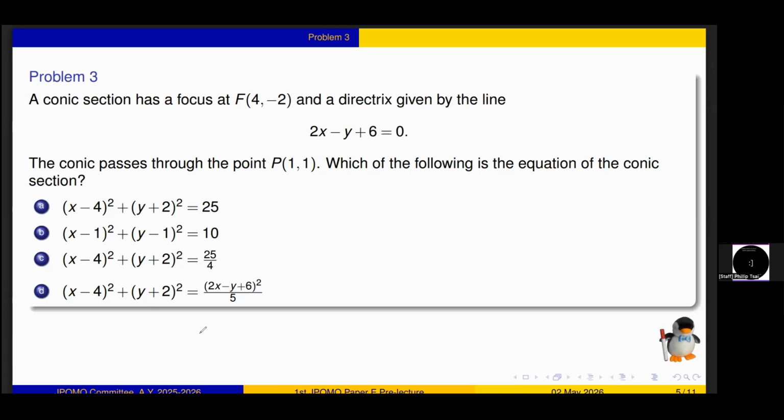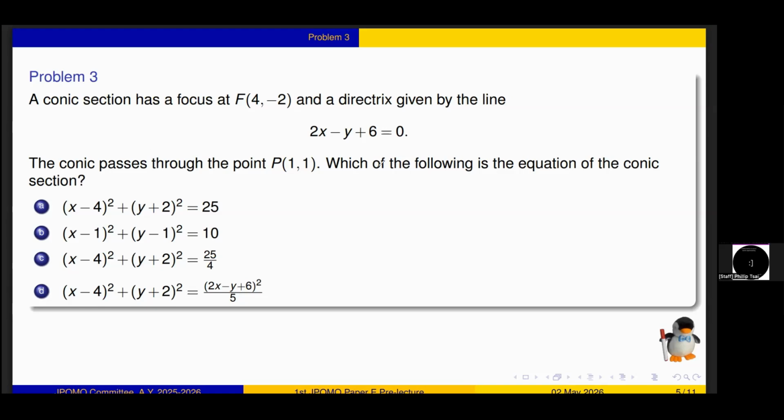Also, side note here, this problem is actually wrong because if the conic passes through the point 1 comma 1, then this equation is like this is an integer, but this is not an integer because it's 7 squared over 5. So I'm not going to skip this, but just take note that there's no right answer to this question. But anyways,